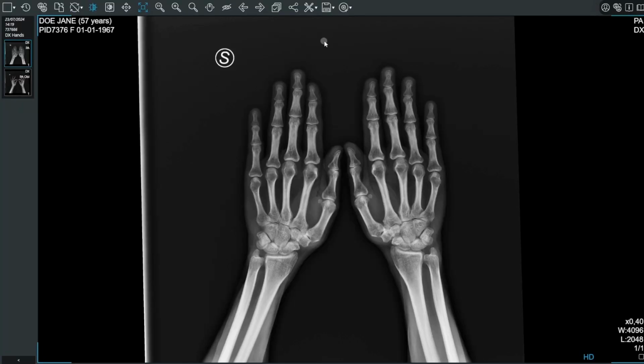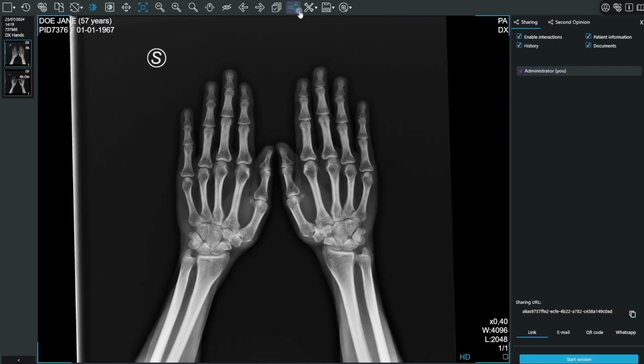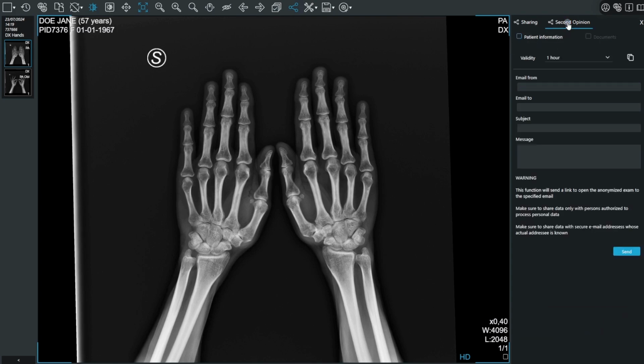To share a temporary link to the current exam in the viewer, click the Share the current exam with someone else button on the toolbar and select the Second Opinion tab in the panel that opens on the right. Next, choose whether to hide patient information or documents linked to the exam by unchecking the Patient Information and Documents